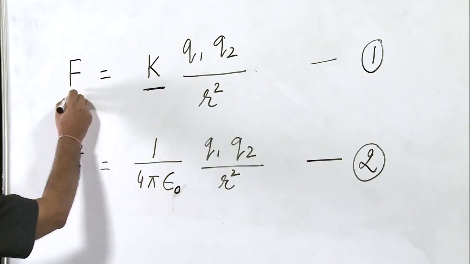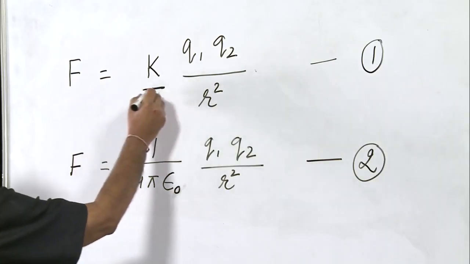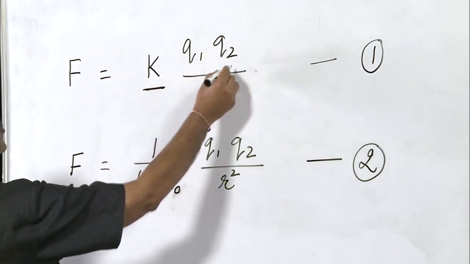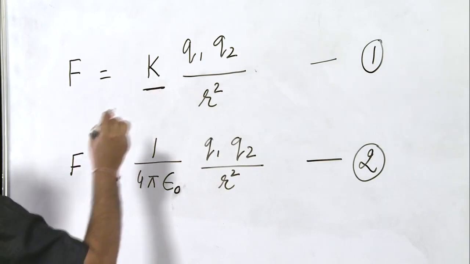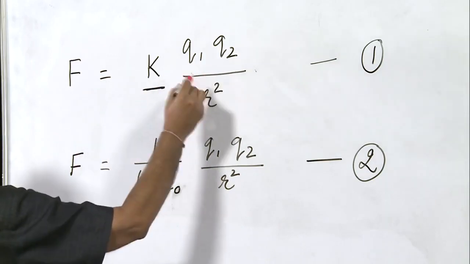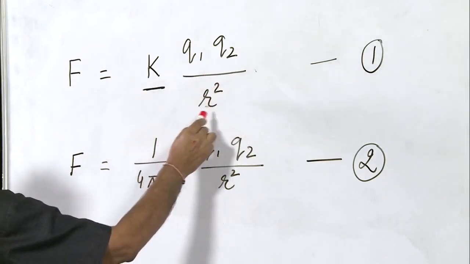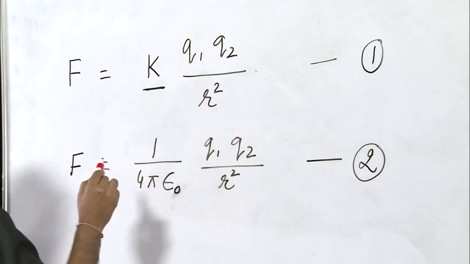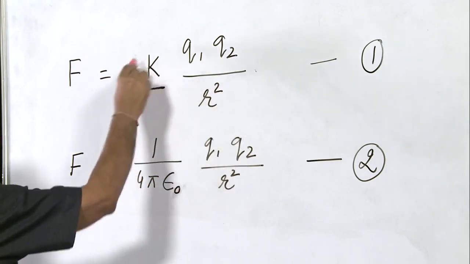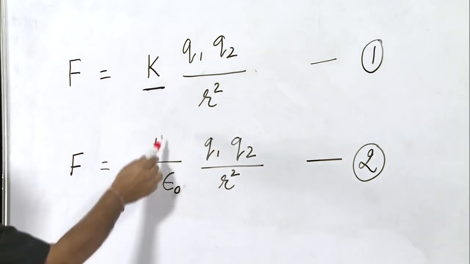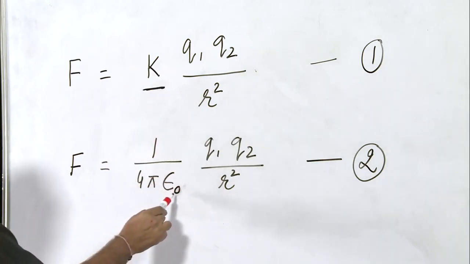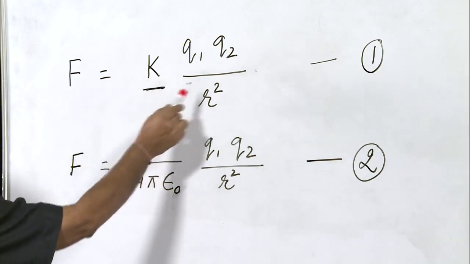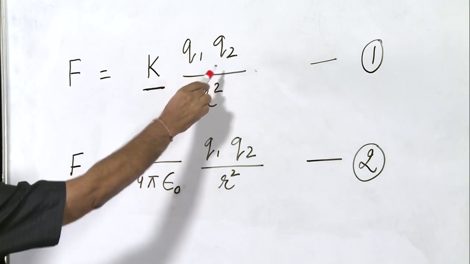F, the force between two charges, is equal to K Q1 Q2 upon R square. Here K is the constant of proportionality, Q1 and Q2 are the two charges and R is the separation between these two charges. Now, this constant K has been found to be equal to 1 upon 4 pi epsilon naught. Here epsilon naught is the permittivity of free space,